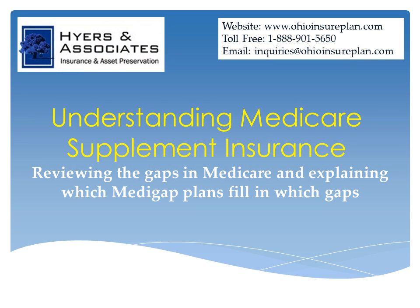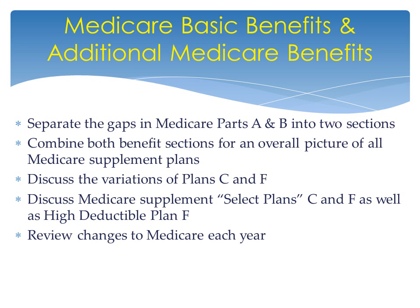We are your one-stop shop for Medicare supplement insurance, and in today's presentation we're going to review the gaps in Medicare and explain which Medicare supplement plans fill in which gaps and at what level. In this presentation we're going to separate Medicare into two different sections: basic benefits and additional Medicare benefits. We'll combine both sections at the end for an overall picture, and we'll also discuss the variations of Plan C